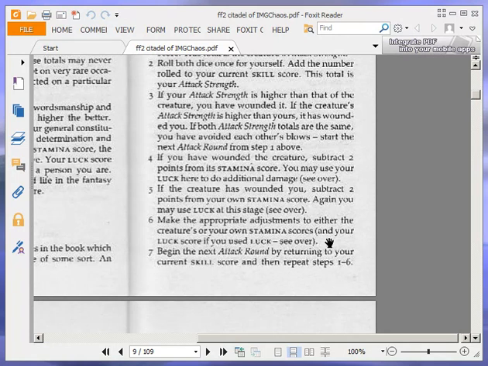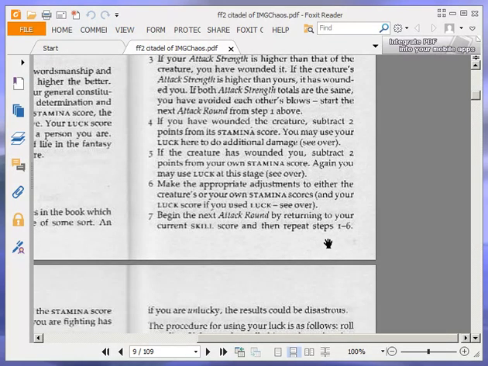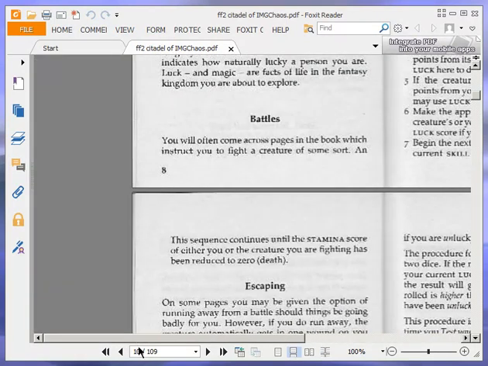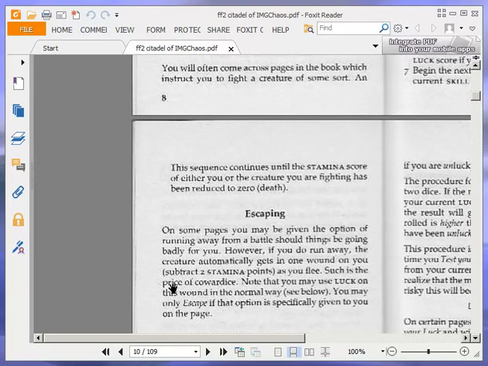If you have wounded the creature, subtract 2 points from its stamina score. You may use your luck here to do additional damage. See over. If the creature has wounded you, subtract 2 points from your own stamina score. Again, you may use luck at this stage. See over. Make the appropriate adjustments to either the creature's or your own stamina scores and your luck score if you use luck. See over. Begin the next attack round by returning to your current skill score and then repeat steps 1 to 6. This sequence continues until the stamina score of either you or the creature you are fighting has been reduced to